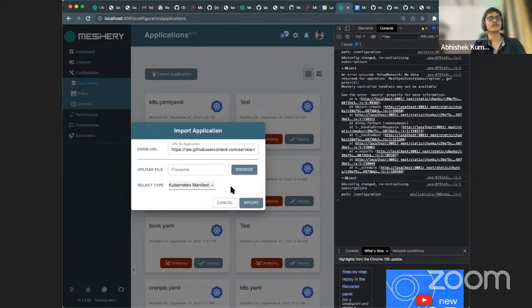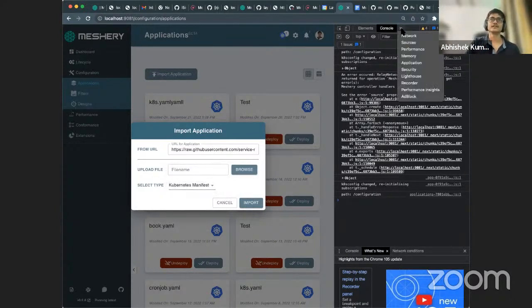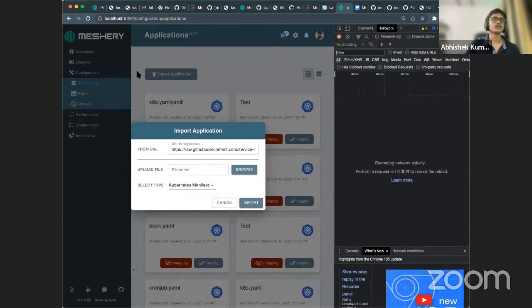So I picked it up for the call because that needs some changes. If by any chance URLs are only supported for Kubernetes manifest, then by default the request should be going to Kubernetes manifest itself, and not the Helm chart.